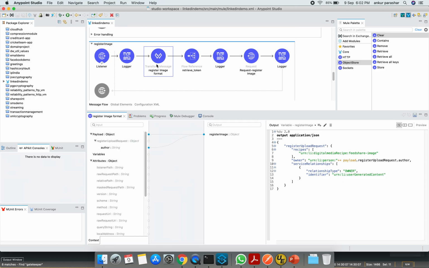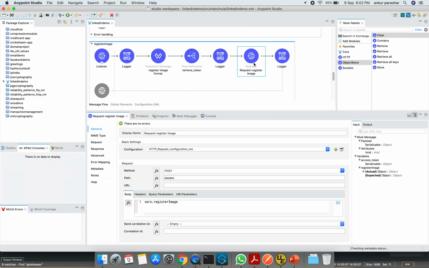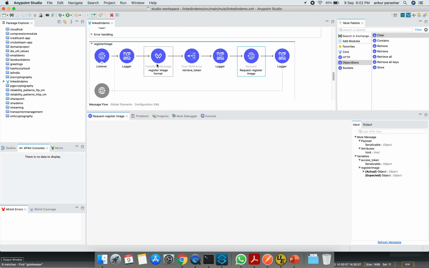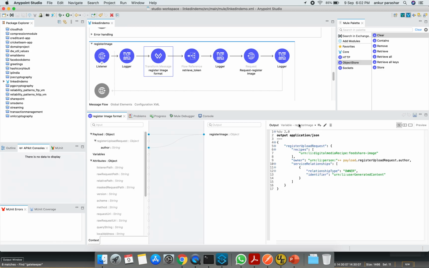Basically all is hard coded, but only the author will be the person ID. I will show you the payload as well. Retrieve token will give us the access token, and with this request, register image v2 assets, the register image payload is being sent through this transform message.